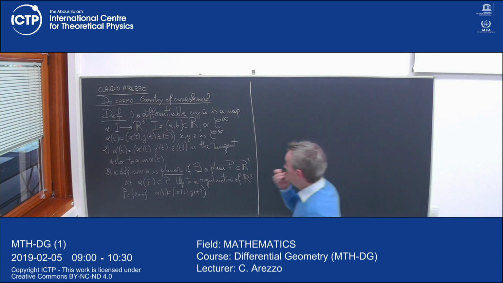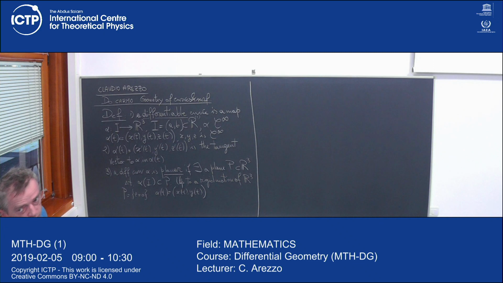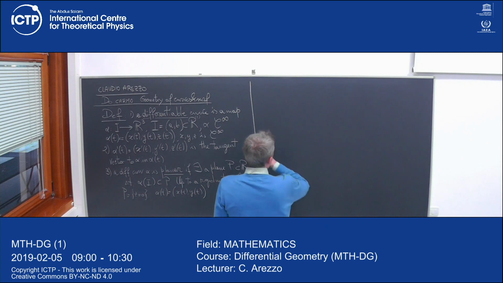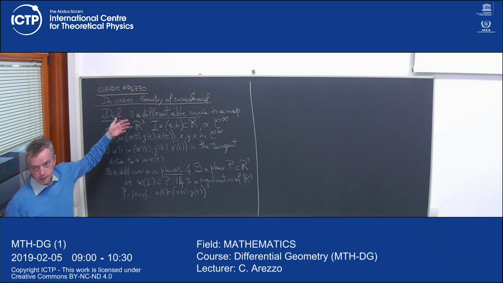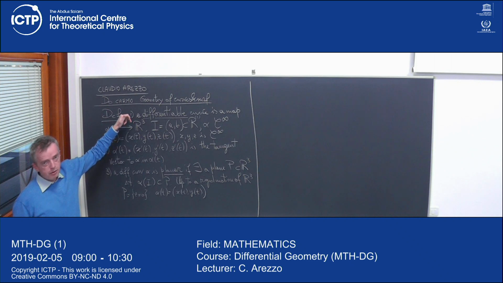But then, what kind of freedom and what kind of rigidity does this definition allow us? So, for example, this is what I would say is a kind of physical definition of a curve. Because you see, I'm thinking of a curve actually not as the set, and this is actually the whole point.